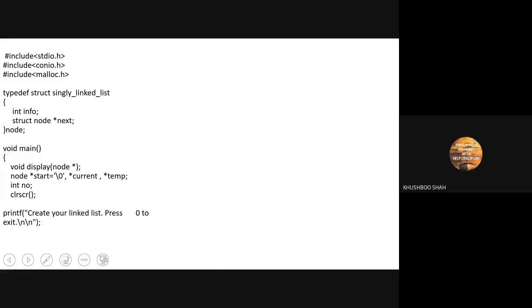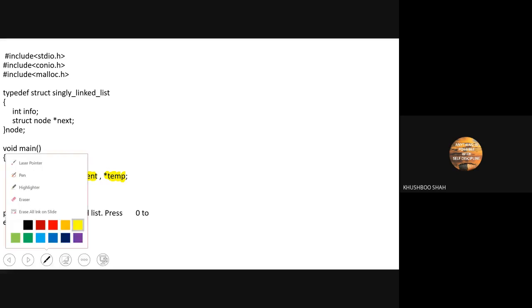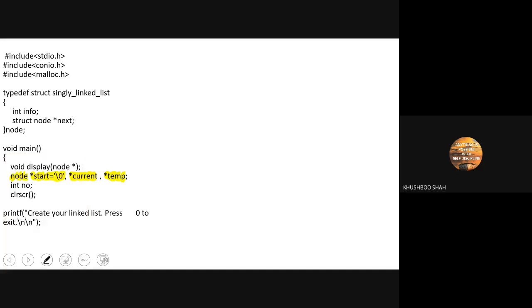Okay, fine. So after that line, the next statement is something new for you. Node asterisk start is equal to null, asterisk current, and asterisk temp. What does it mean? This line says that we have three pointer variables.